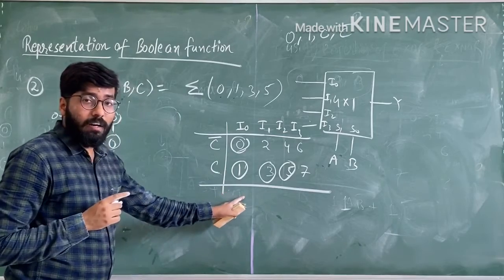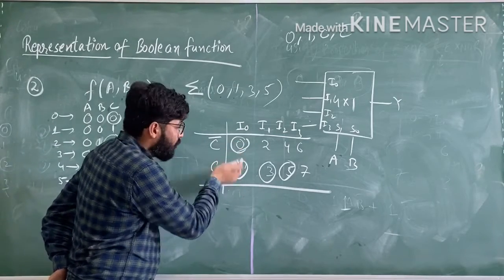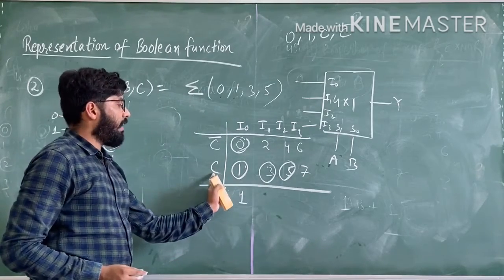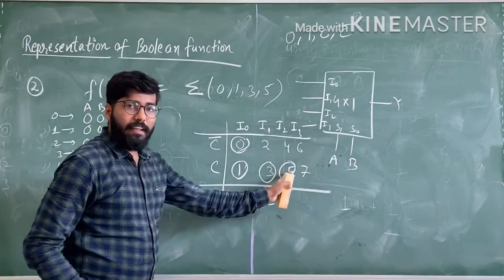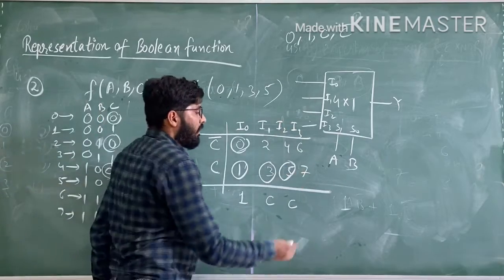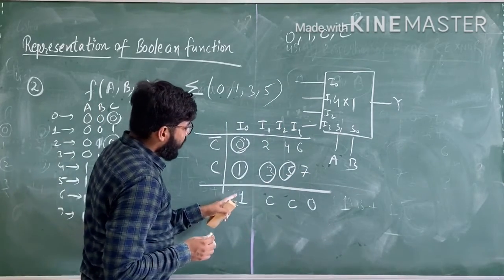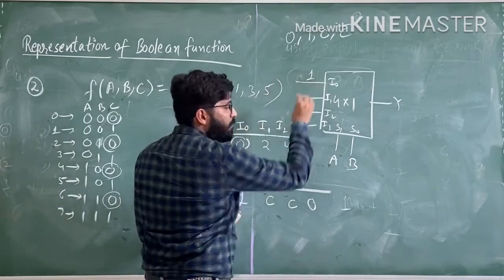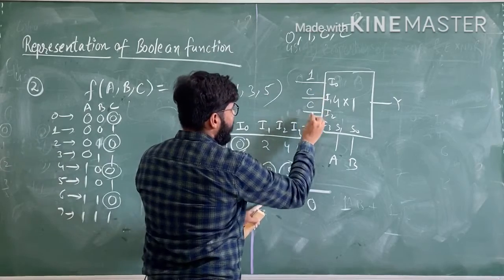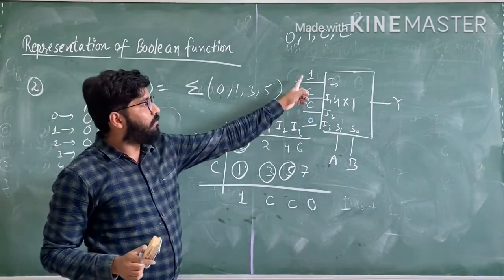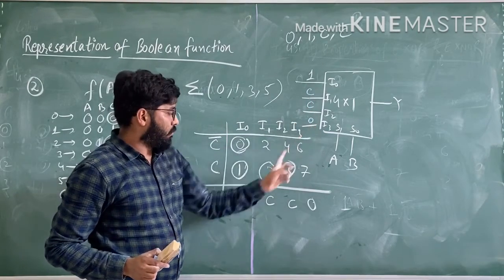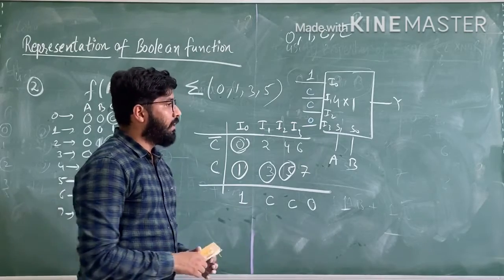Now write the outcomes here. Where both are encircled, the answer is 1. If only 1 is encircled, see the left: C is present on the left, so the output is C. Here nothing is encircled, so you will get 0. Okay. So the value of I0 is 1, the value of I1 is 1, the value of I2 is C and I3 is 0. Okay, I0, I1, I2, I3.